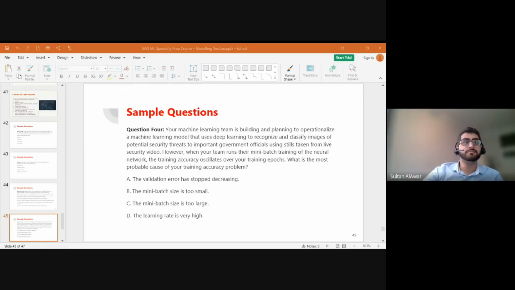So keywords here: training accuracy oscillates, mini-batch training, and what's the probable cause for that. We did cover that on our previous slides. While training deep learning networks, we need to look into learning rate and batch size. When the learning rate is high, this might help us overshoot the correct solution and miss outliers, and the training accuracy will oscillate. So as a rule of thumb, when training a deep neural network, we should opt for low learning rate and